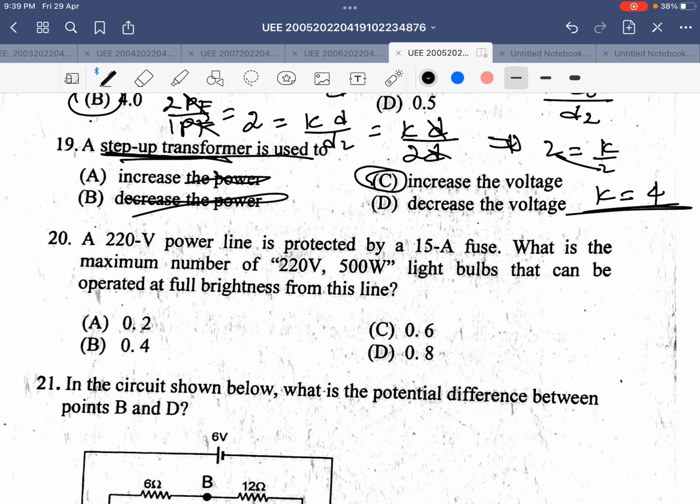Now the fuse is 15 ampere and the voltage, the maximum number of 220 volt and 500 watt ባለ 220 ቮልት እና ባለ 500 ዋት የሆኑ አምፖሎችን ስንት መያዝ ይችላል ነው የሚለው። እዚህ ጋር ፓወሩ 220 ቮልት ነው። እንደገና ፊውዟ ደግሞ 15 አምፔር ናት።